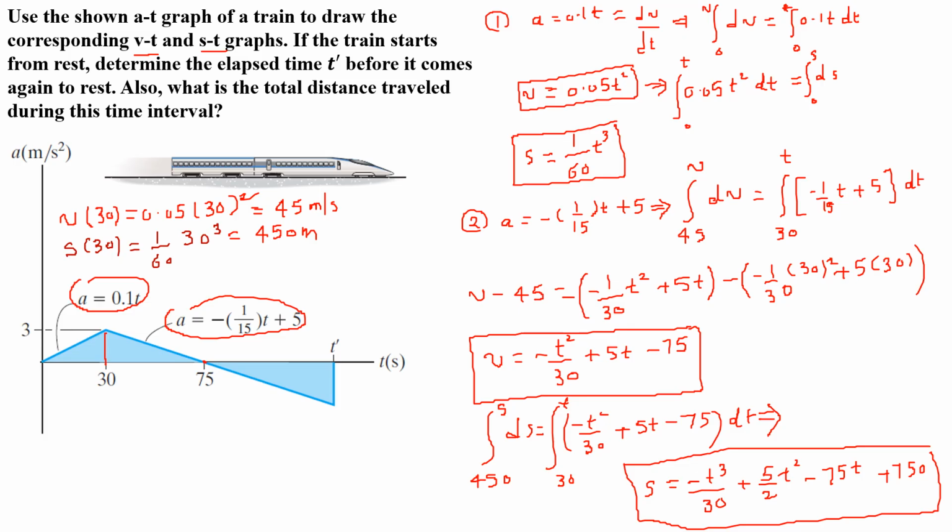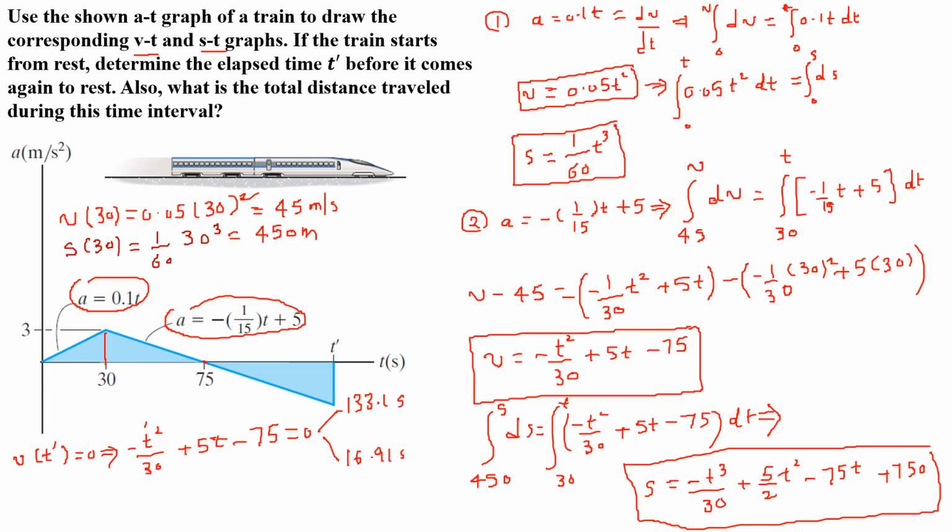I can say, at t prime, the velocity is equal to 0 per the question. So now I'll solve for minus t prime square over 30 plus 5t minus 75 equals 0. Let me solve for the time here. I can use the calculator to have a quick answer. I got two solutions, 133.1 seconds and